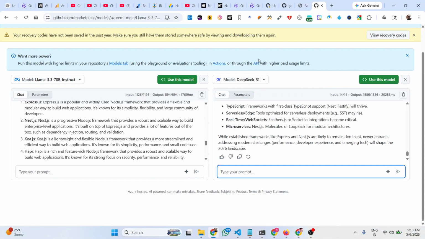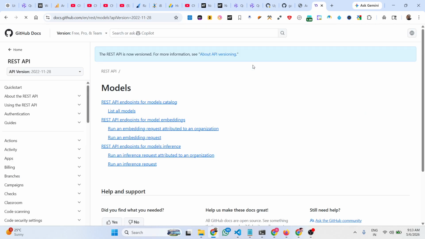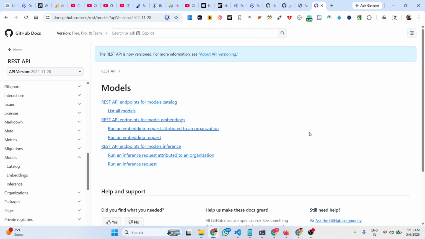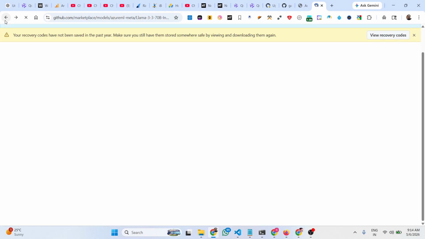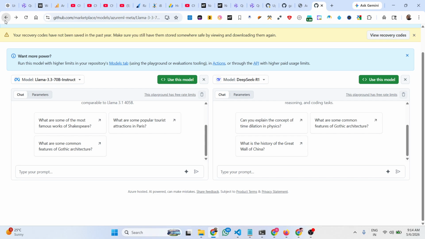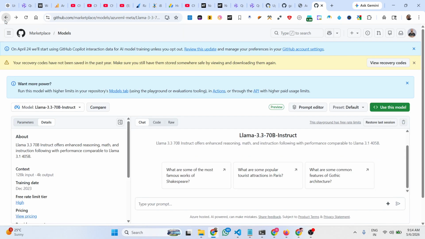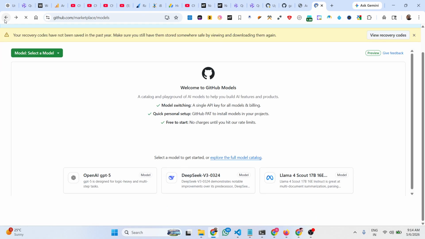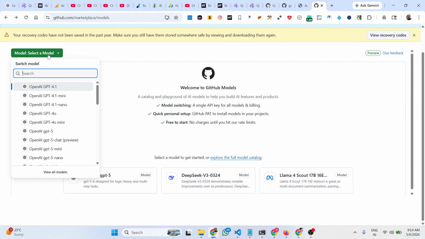They also have their API section where you can connect the API and call any model. So they have the REST API. For that you need to create an access token for calling the API. So if I show you,